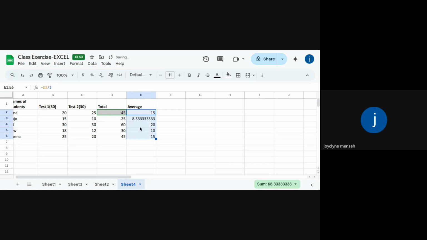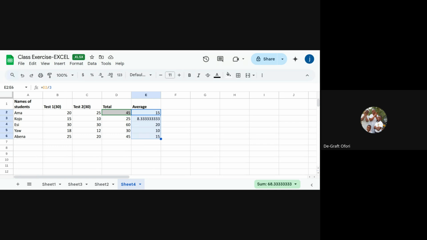all your answers are wrong. And your friend says, 10 names, and I mark it, each of them is 1 mark. So assuming 10, and each of them is 1 mark, to get the average of each, the score is 1 mark. And then the function, instead of D2 divided by 2, you did D2 divided by 3. And then you did not go back and check from the name box. And then you dragged it. And then even after your work, you still didn't go back. You realize that,